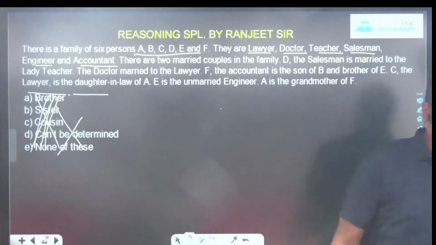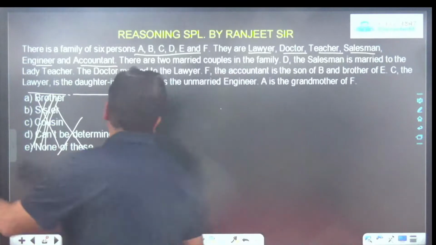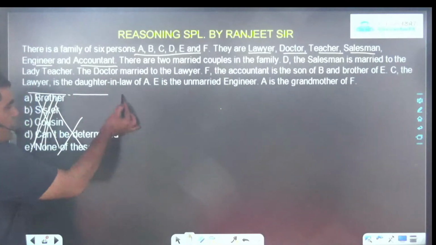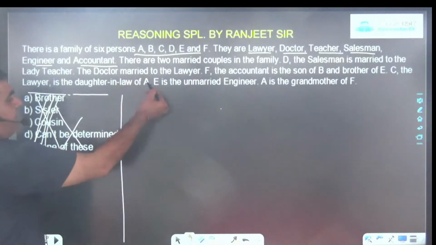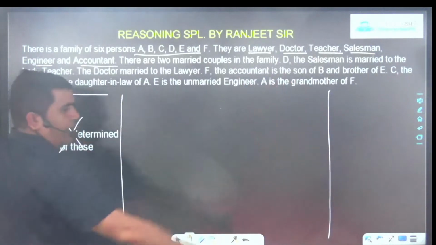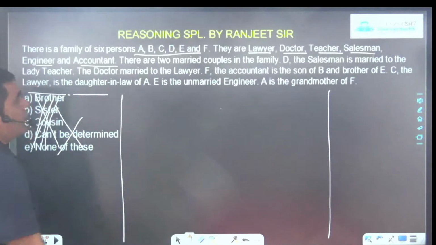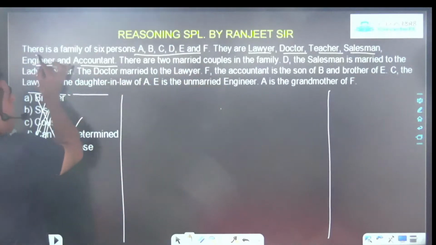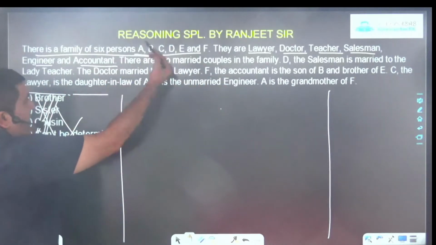Okay, so let's start. Now what I am going to do, I am going to write all my individual family trees over here, and here I am going to combine them at last. Clear? Okay, let's start. Now they are saying there is a family of 6 persons A,